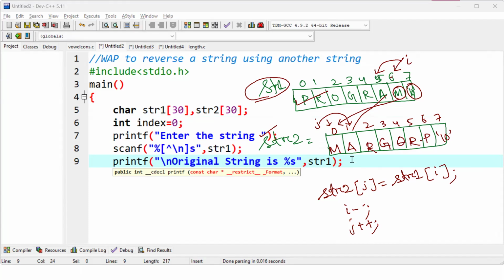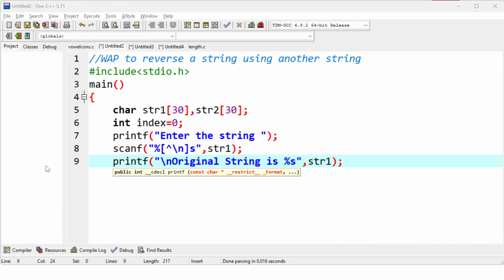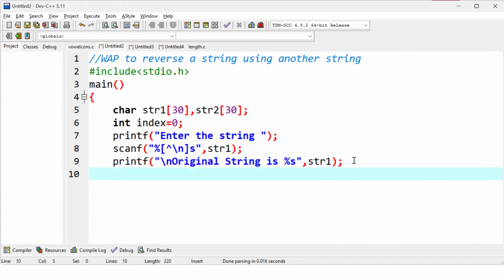Now let us remove everything from the screen and we'll write down the program. So what we have decided, we will take two values. One is i, another one is also j, which is pointing to 0. Now I need to point to the last one. Clear? So while str of i